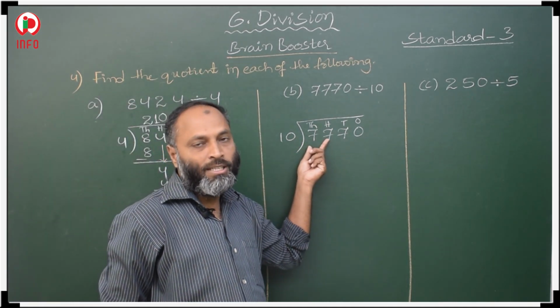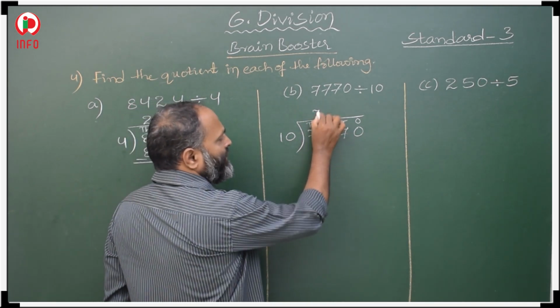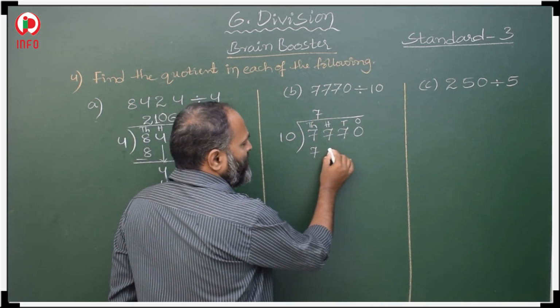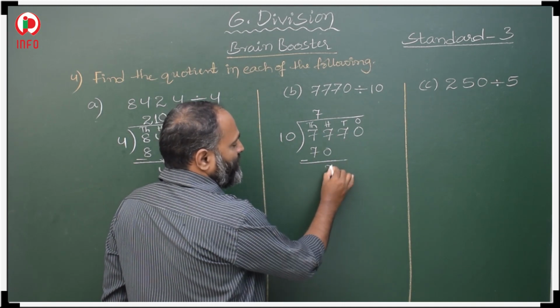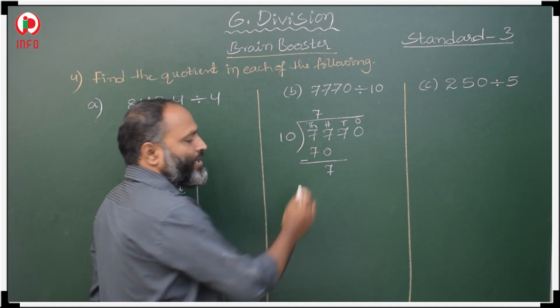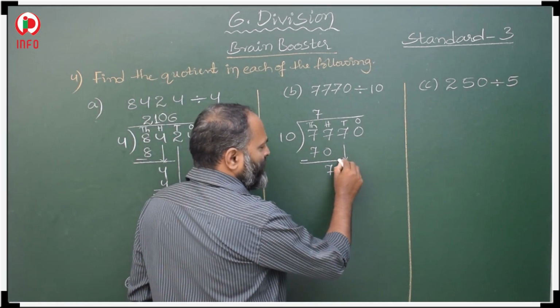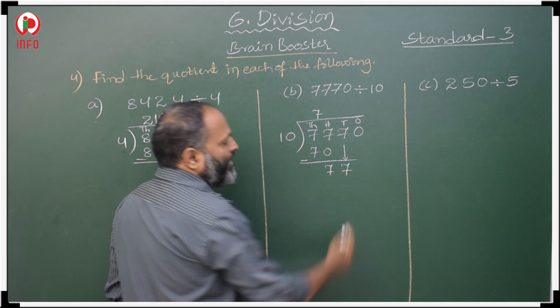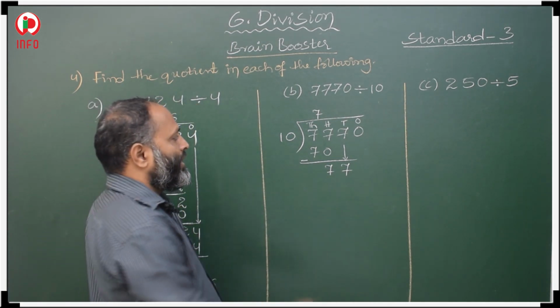When will you get 77 in 10? 10 sevens are 70, then 77 minus 70, 7 minus 7 is 0, do not take that one. Next, again you take this 7, again 10 sevens